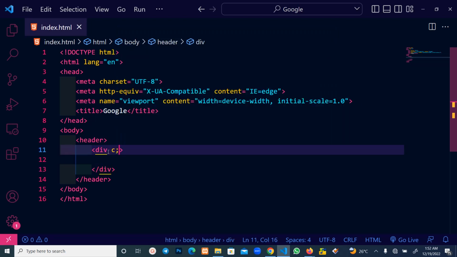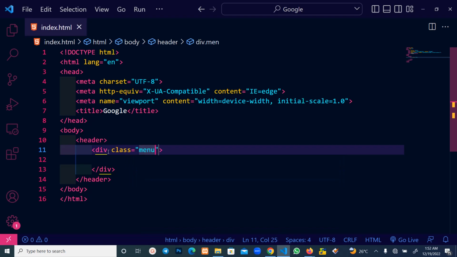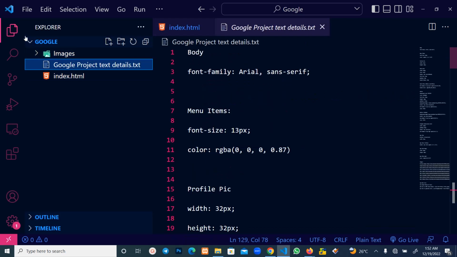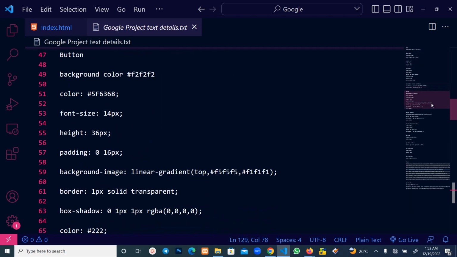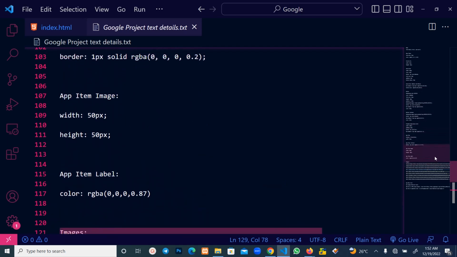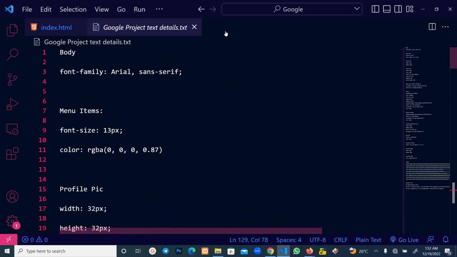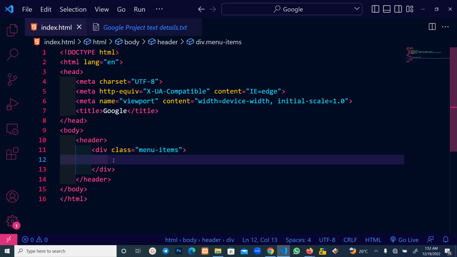So let me give it a class name, menu items, or any name you can think of, but I will use menu items. So now inside the menu items we have